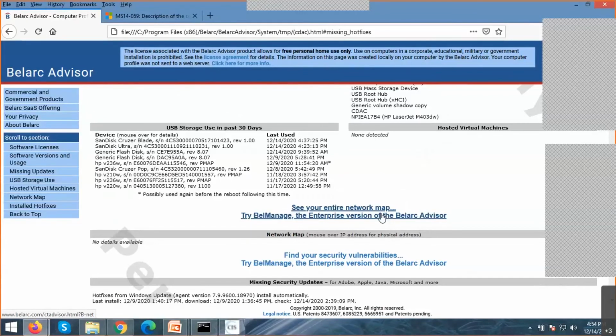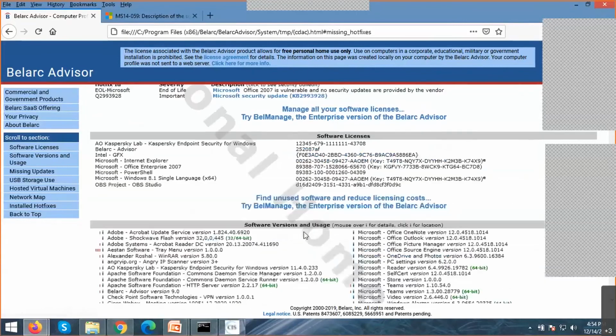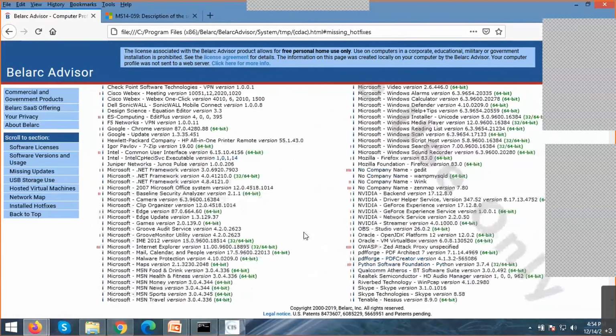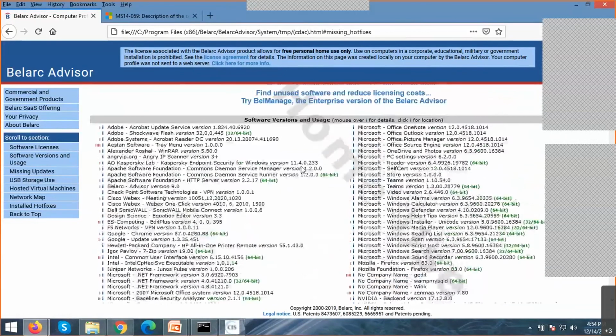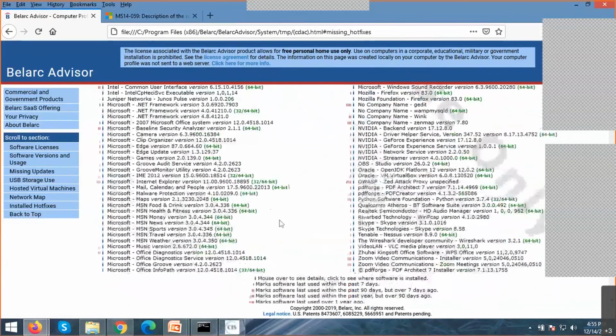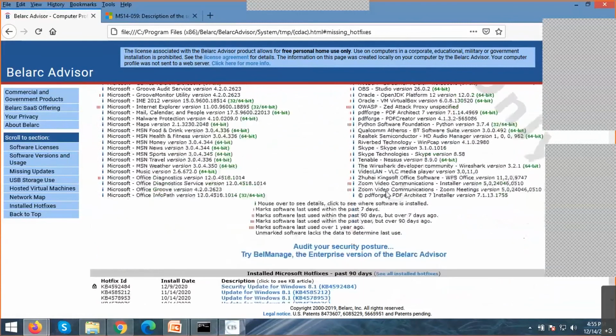It also shows the software licenses, the different software installed, the software versions and usage. Here you can see the different softwares which are installed, and it also gives a blue, red color, and this 1, 2, 3, 4.